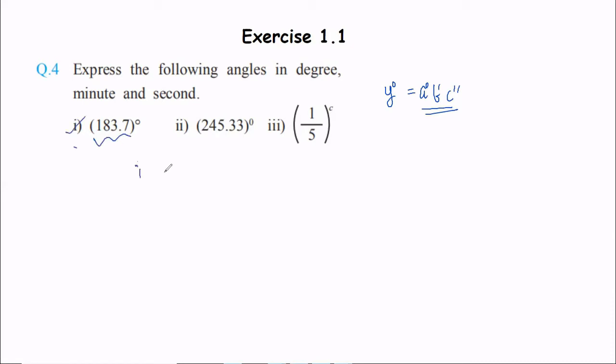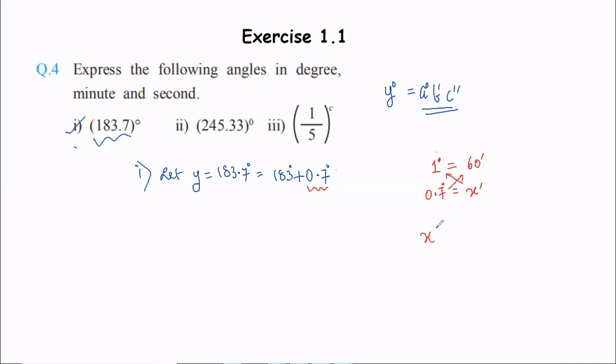Question 1. Let y is equal to 183.7 degrees. So for 183.7 degrees, we can write this as 183 degrees plus 0.7 degrees. Now keep this in mind. We will convert 0.7 degrees into minutes first, and then we will add it up with the degrees part. So it will become 183 degrees and some minutes. If you remember, 1 degree is 60 minutes. We have 0.7 degrees and we don't know how many minutes it will be. So using the unitary method, we can calculate.